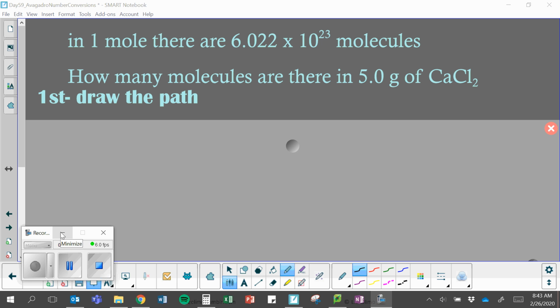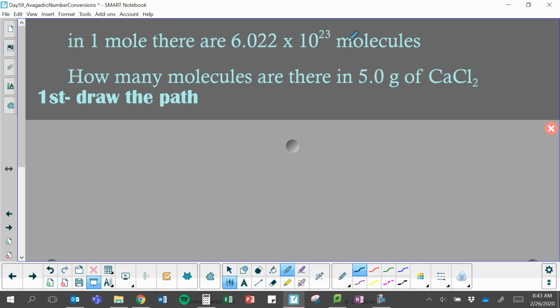Okay guys, so I'm going to go over the lesson for today. So this problem, we're given a unit conversion. In 1 mole, there are 6.022 times 10 to the 23rd molecules. And that is a conversion factor. And we're going to use that to help us solve this problem of how many molecules are there in 5.0